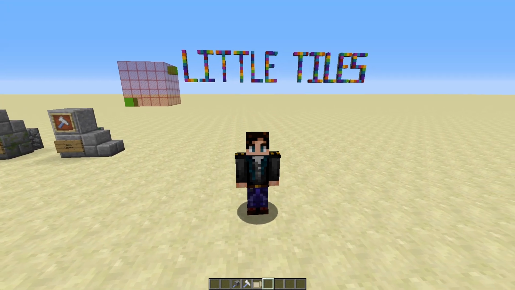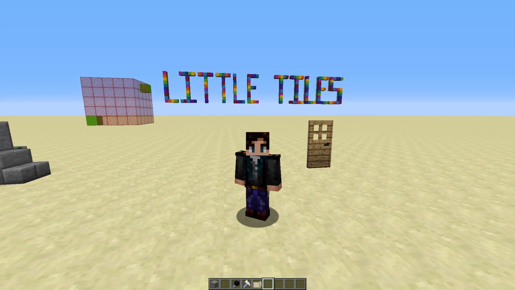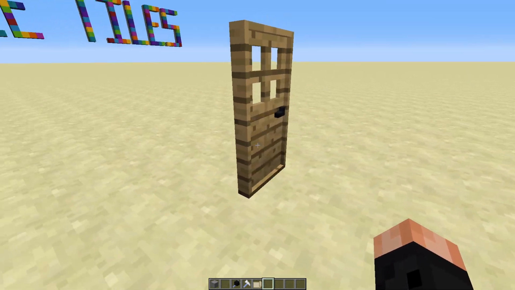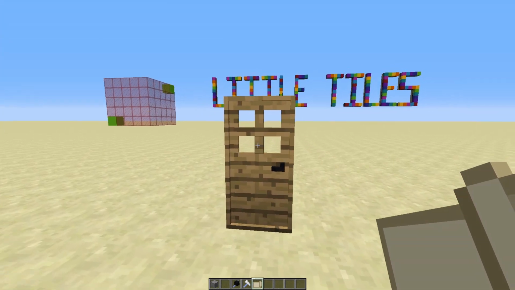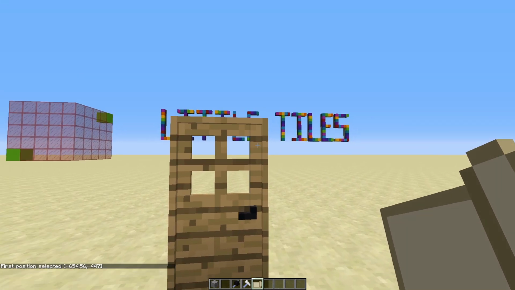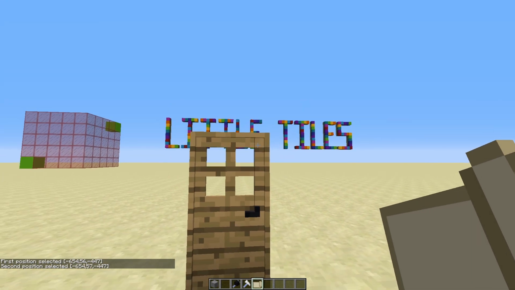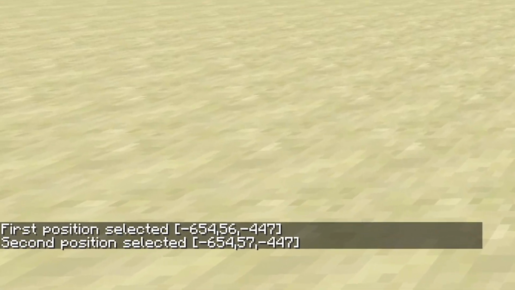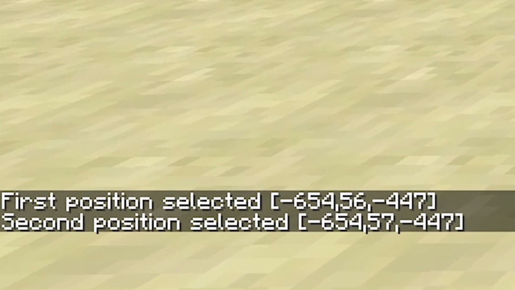Firstly, we need our door, of course. Pretty simple, but it'll do for this example. Now, you're going to want to get a little blueprint, and using this we can select our door, firstly with a left click in one corner, then a right click in the other. And you should see it pop up in the chat in the bottom left that you've selected the first and